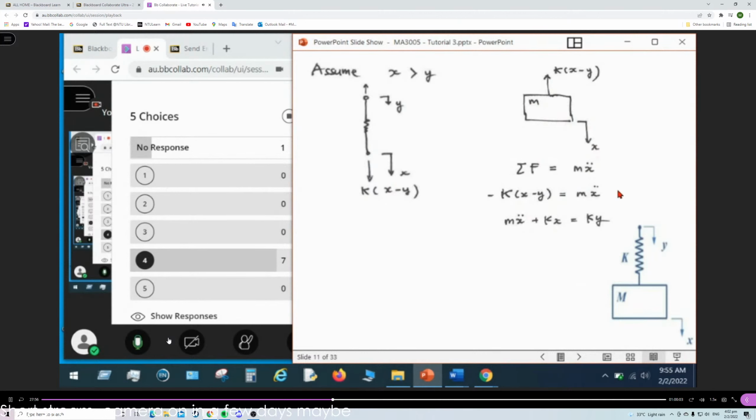We use Newton's second law directly, or D'Alembert's principle. But D'Alembert's principle is not handled in this MA3005. But the knowledge and experience in TOM can help you to understand more deeply. So then, according to Newton's third law, if we have a force from the spring on M, then M, the